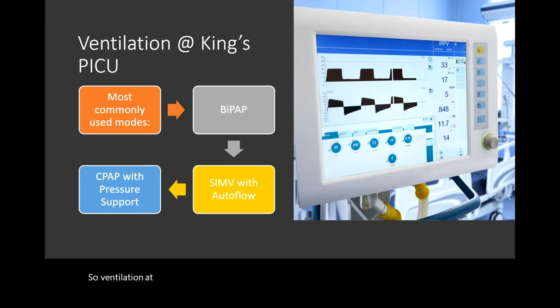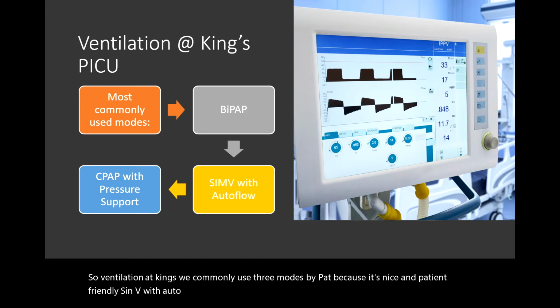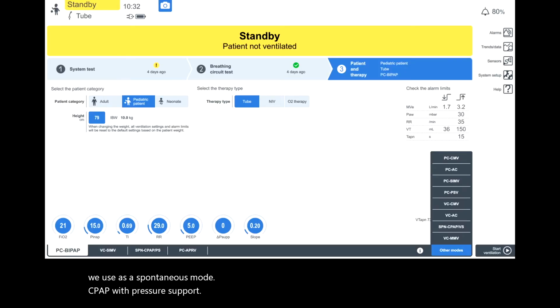We commonly use 3 modes. BiPAP because it's nice and patient friendly, SIMV with Autoflow, sometimes known as PRVC on the Siemens Marquet ventilators, and we use as a spontaneous mode CPAP with pressure support. We use primarily the Draeger Infinity V800 ventilator, and this is a screenshot of said ventilator, and